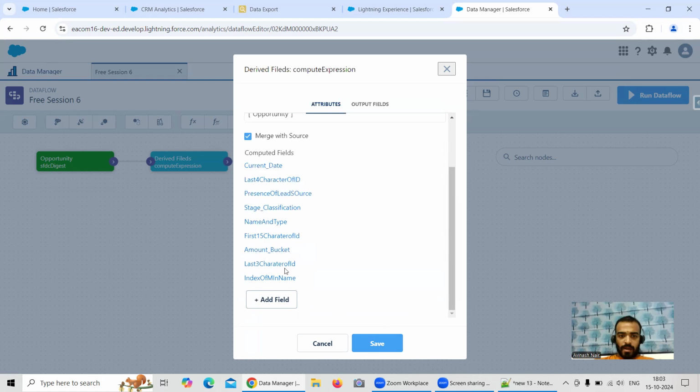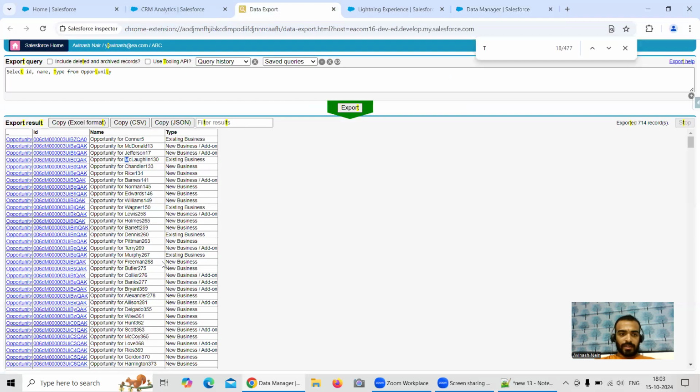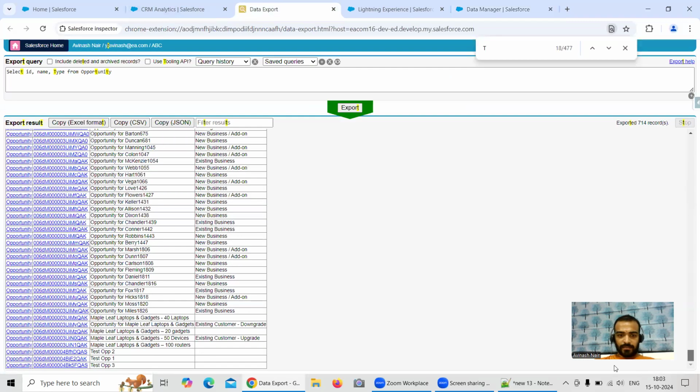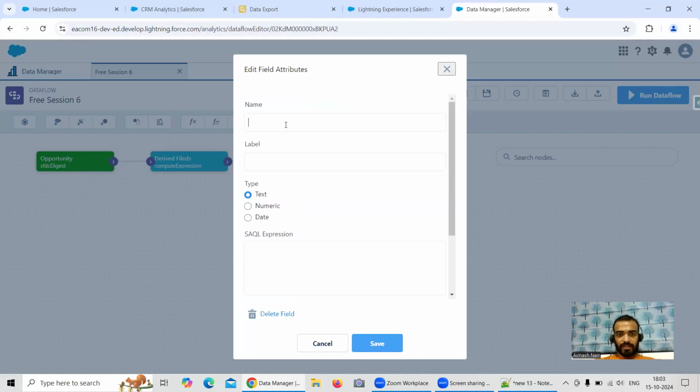So last 3 characters, index of M. And let's say over here, I see certain examples with test records. Let's say I want to know if there are certain test records which are there or not. Fine. So I can write something like